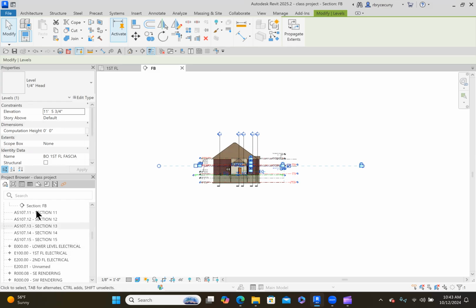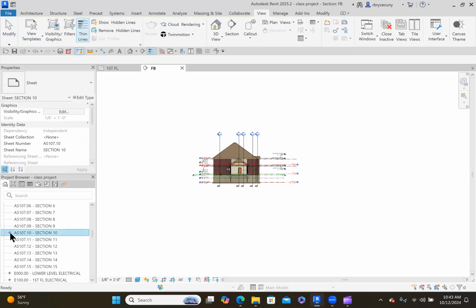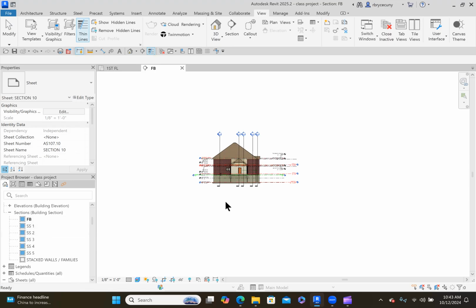So we know that that's section 10, because if it was minimized, you would see that there was a plus next to that. If we look at section 10 up here, which is our front to back section, you can see that this box next to the section name